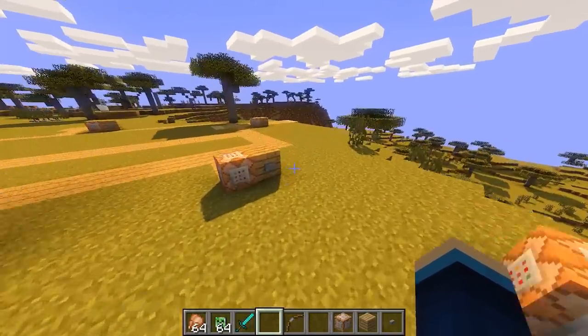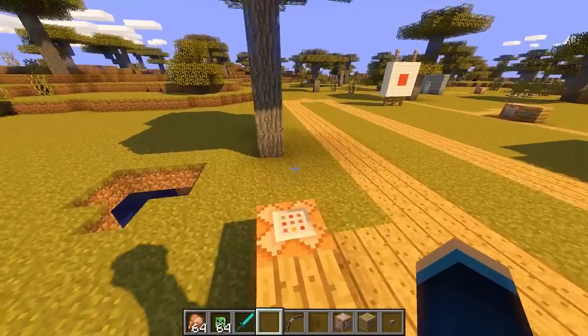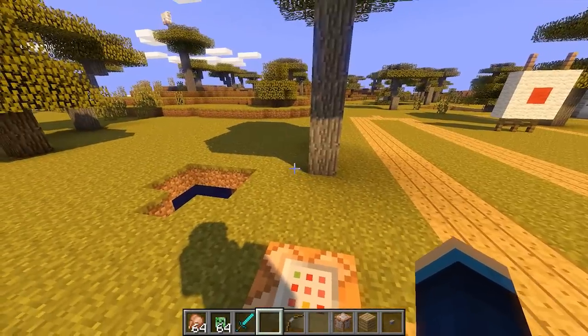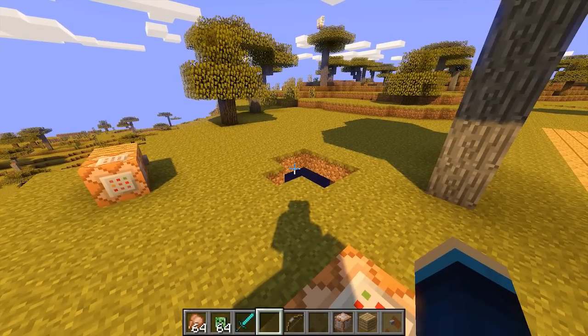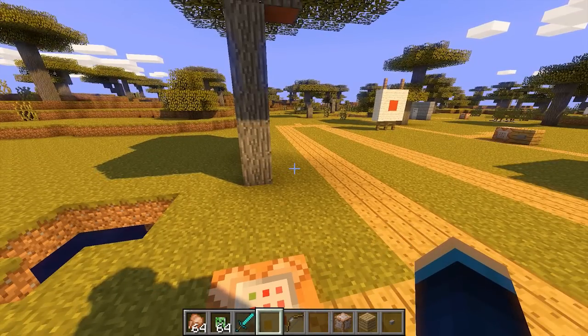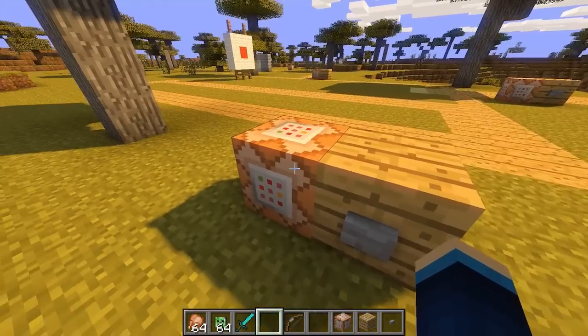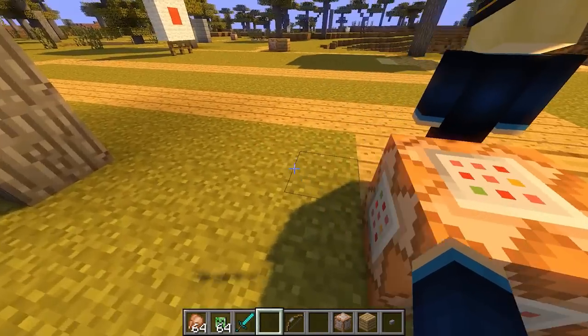But yeah, what I wanted to do next is give you an example of what this mod actually does record, because it doesn't record everything. For example, if you want to record yourself building a house, that's not going to work sadly, because it doesn't record you placing or breaking blocks, which is a bit of a shame, but maybe in future versions that will be implemented. But what I'm going to do now is just push this button, which is playing back a previous